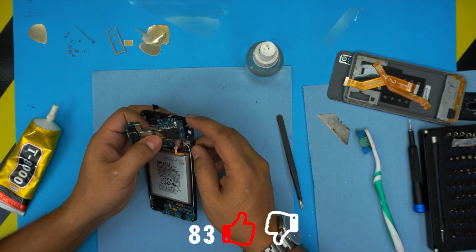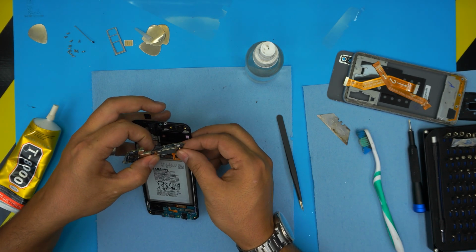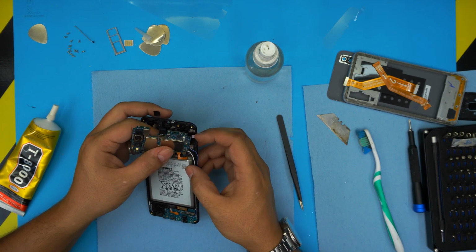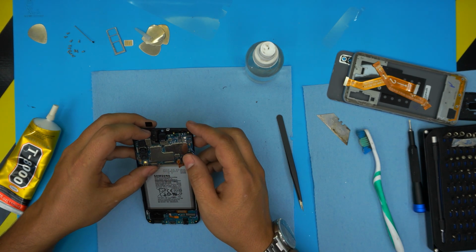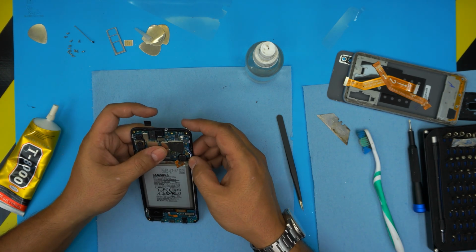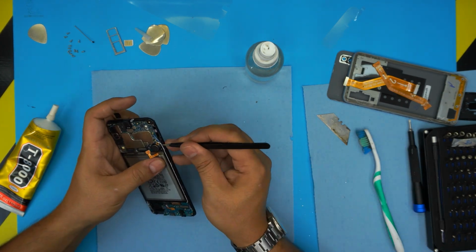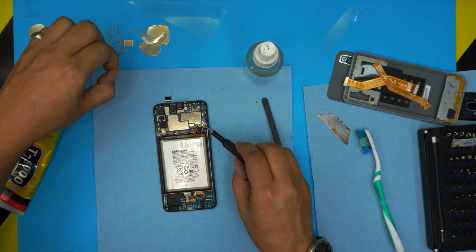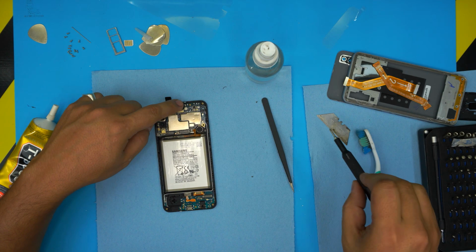bring it into position. Before you put it down, plug in the antenna cables on top. It's easier this way, so you just have to pinch it. It makes life easier. And now you can adjust it, bring it over, and push it down. Run the cables nicely, make sure they're nice and tight in place. Now we're gonna put that tiny black screw right here by the white cable. So once you put that one in there,